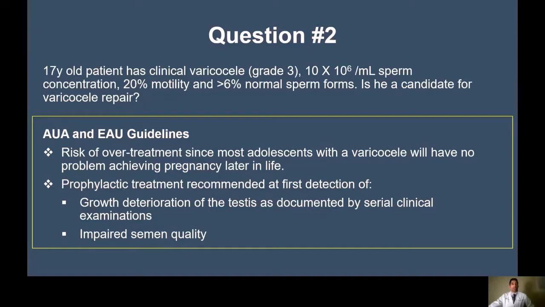So in this particular patient with an abnormal semen analysis, it is reasonable to offer varicocele repair. Now, if this were a patient with normal semen parameters and a normal physical exam, I commonly recommend reevaluation at 1 year or at 2 years with both physical exam plus or minus a semen analysis to assess the semen parameters.